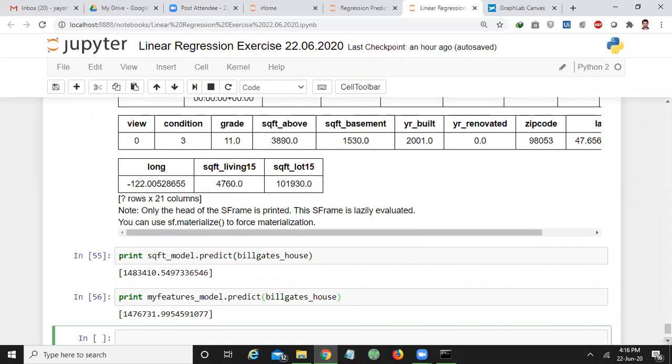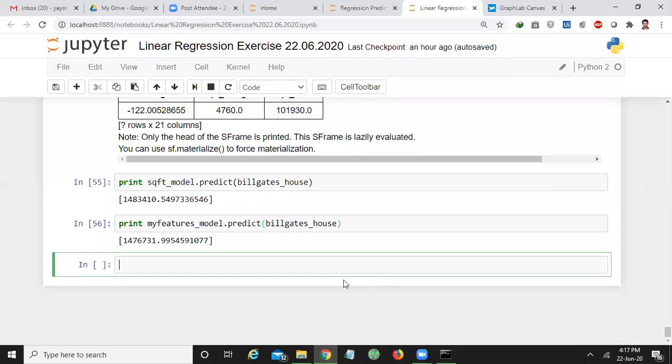Now I want to give some exercise for you. All of you open the Jupyter notebook.